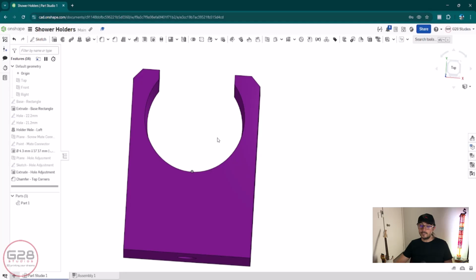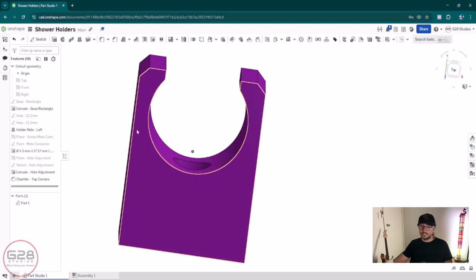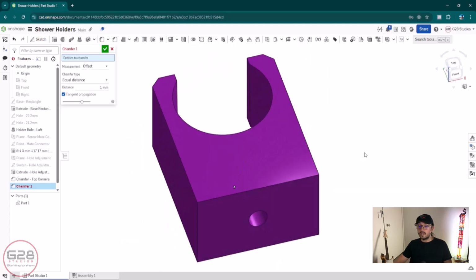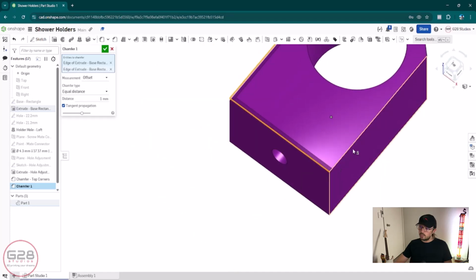And I want to clean a bit the corners as such. So I think I'm going to use another chamfer, but the chamfer is going to be just 1 millimeter, and I'm going to go one by one. So hit each one of the lines,